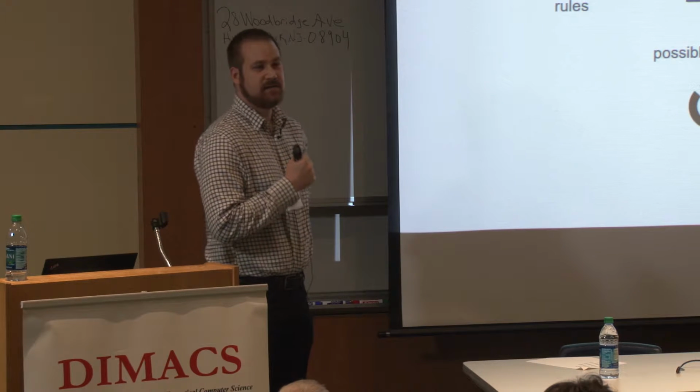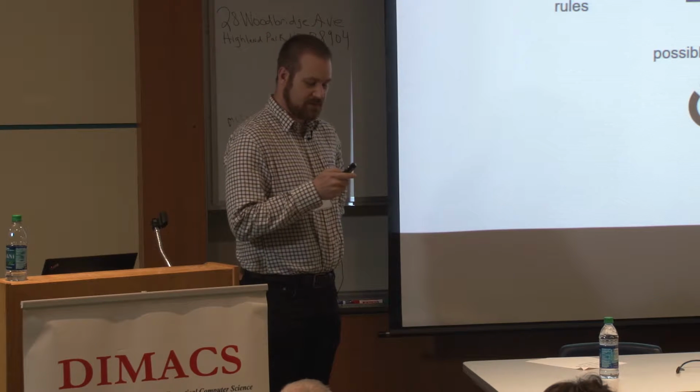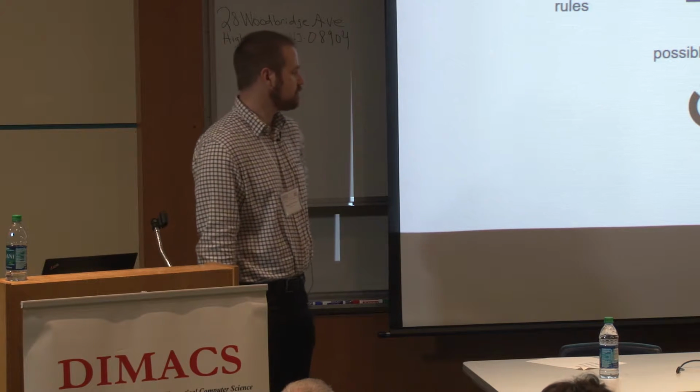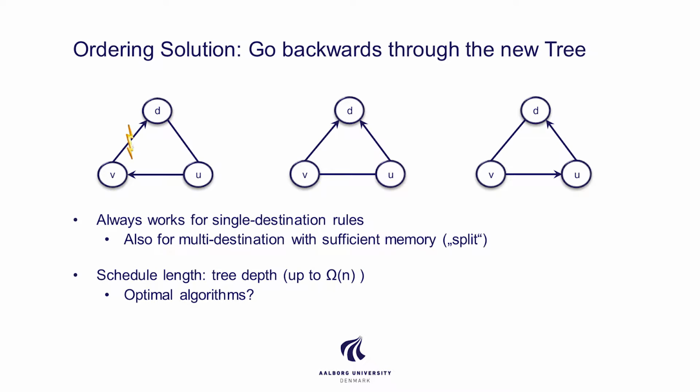And what I would like to talk about now is two issues. One is loop freedom, one is congestion freedom, and what I would like to focus on is mainly the algorithmic ideas here. So let's start with loop freedom. As we saw in this toy example earlier, what we could do there is compute a router ordering to say, first you should update and then we should update.